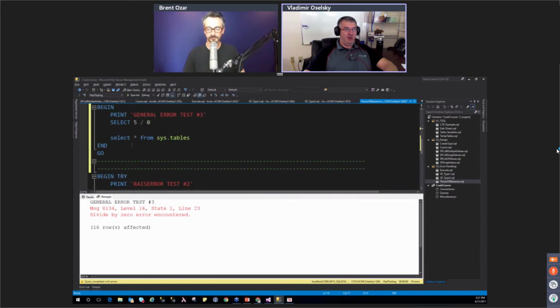But you wrap that same code in a try catch block, and then all of a sudden, when the error is thrown, it will catch it and execution will no longer continue. So just something to consider. There are differences when it comes to what SQL Server will do.